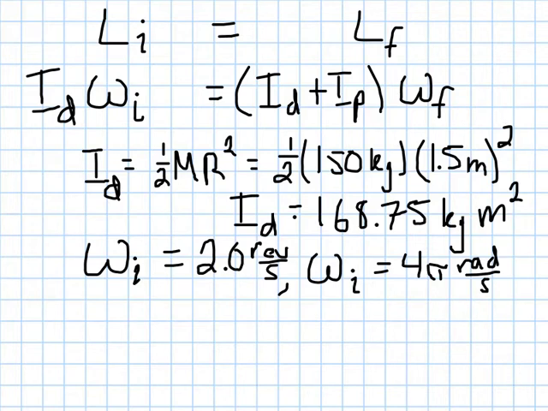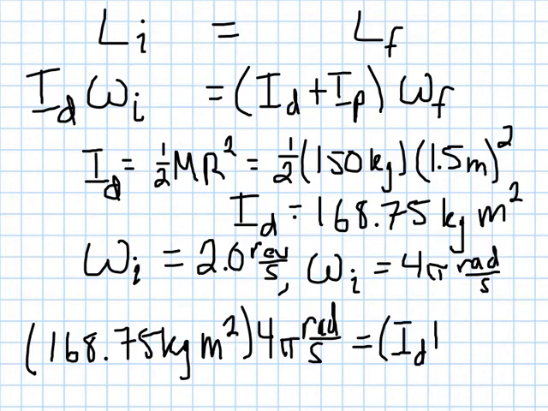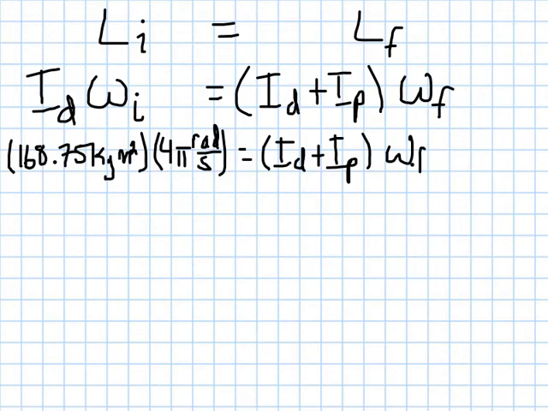So I know that the initial moment of inertia is 168.75 kilograms times meters squared times 4 pi radians per second. And all that is going to be equal to the same moment of inertia of the disk, but this time add to it the moment of inertia of the passenger times omega final, which is what I'm solving for. So we've already calculated that the moment of inertia of the disk was 168.75